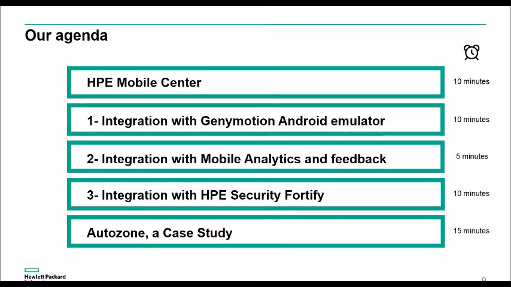Okay, so here's the agenda that we put together for you. I'll start with a recap on Mobile Center and how it hooks into the overall user experience story. Then we're going to have 3 main innovations and talk about emulators, talk about the importance of embedding analytics and feedback in your mobile testing framework. And a very nice addition to the Mobile Center solution, which is security. And I'm very pleased to have Dylan here. And also, as I usually say, the proof is in the pudding. So we'll have a very nice case study with Brian from AutoZone, who's the QA from AutoZone practice, and that will share very nice insight into how those guys are organized.